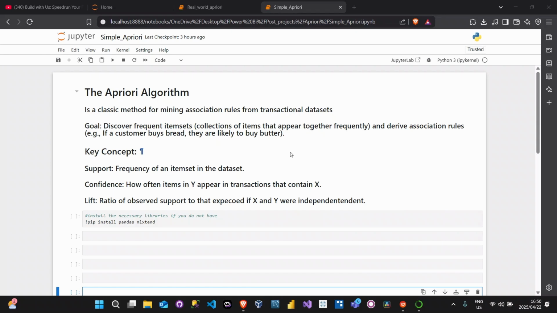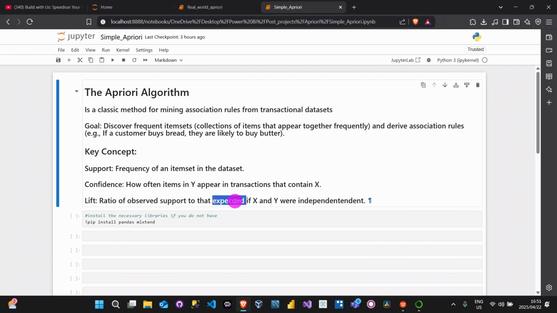For example, if a customer buys bread, what is the likelihood that they will buy butter in a supermarket? Some of the key concepts that we will illustrate in this video include support, confidence, and lift. Support is how frequently an item set appears within the data set. Confidence is how often items in Y appear in transactions that contain X. Then the lift ratio is the ratio of observed support to that expected